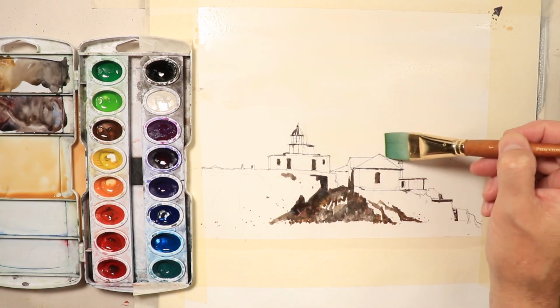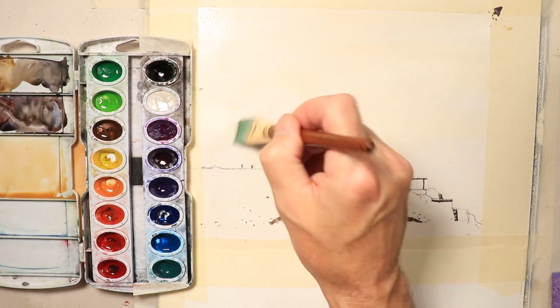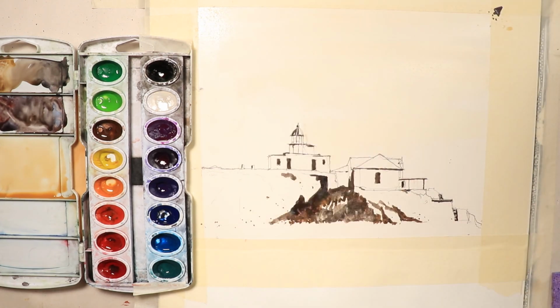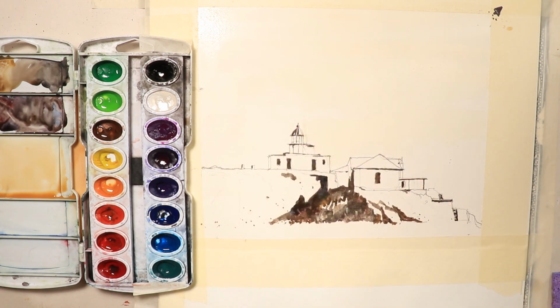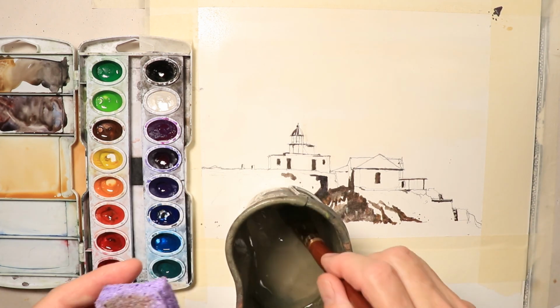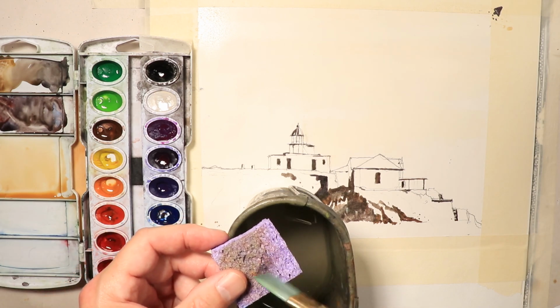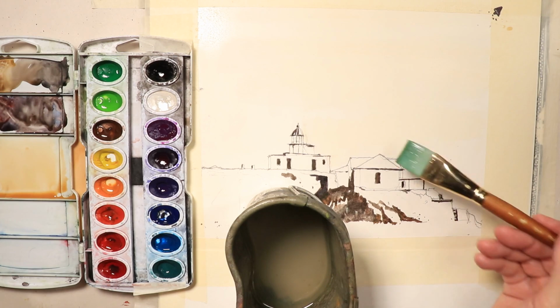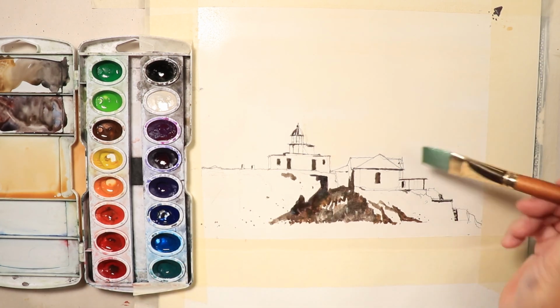And I'll go around. But I just want to dampen the paper a little bit. That's all I'm doing. I'm not flooding water onto the paper right now. I'm taking my water bucket, getting plenty of water on my brush, and then tapping a little bit of water off the brush on a sponge. And then I go in and get that little bit of damp brush into the paper here,